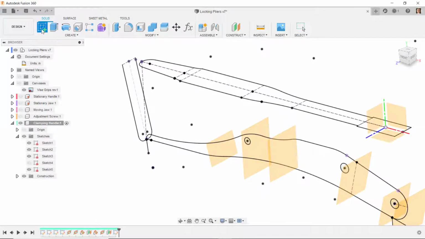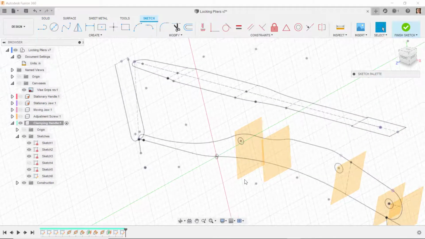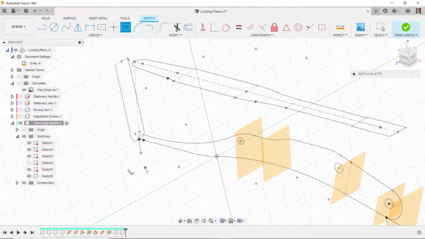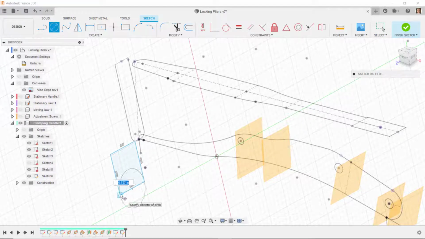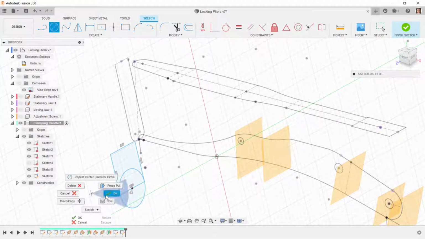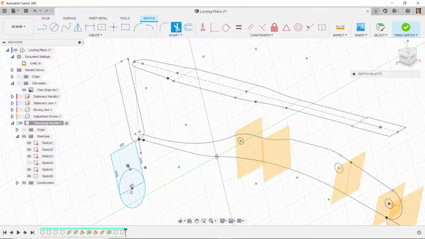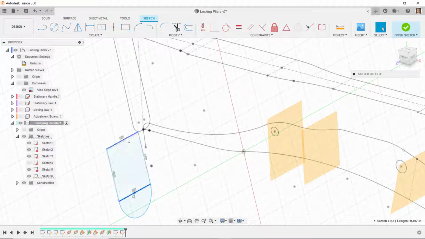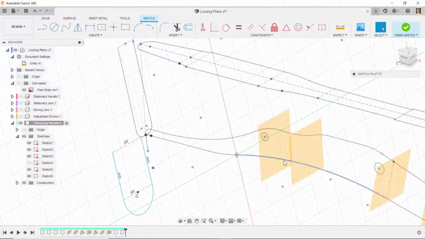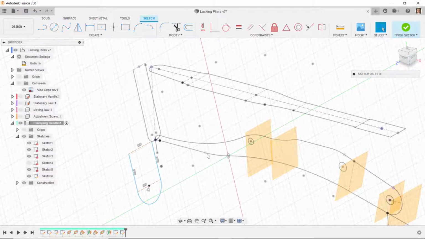So I'll do a new sketch. I'll select on this plane, and I will again draw a rectangle, and initially I'm going to put it out in space, and then I'll draw a circle from the midpoint of this line over to the corner. I will then trim off the top of this arc, and I'm going to change this line and this line to construction, and then I'm going to put the midpoint of this curve at the location where it intersects this